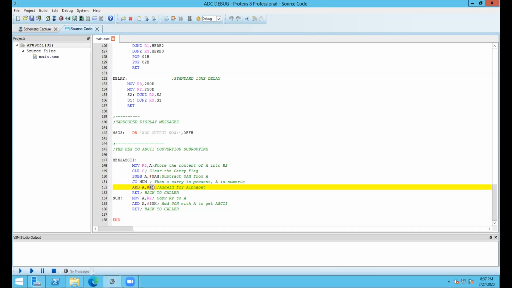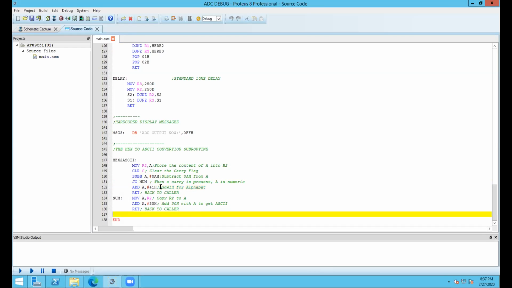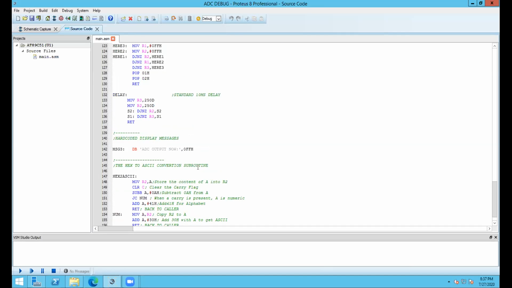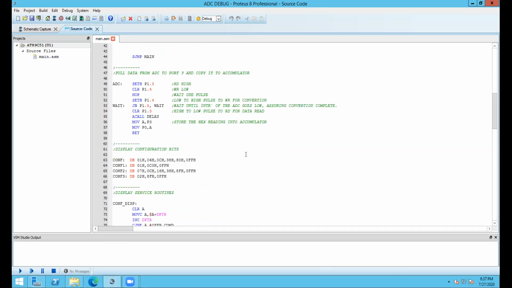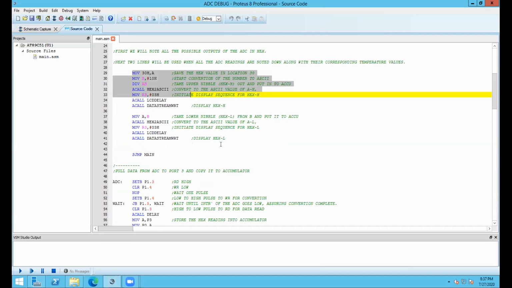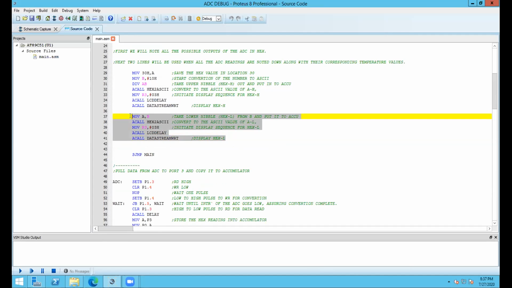Hex to ASCII conversion, you will see it in all the books. If you have the 8085, 8051 books, there are a lot of examples of hex to ASCII conversions. The same thing I have done here, converted the value to its corresponding ASCII bytes. So one by one, the upper nibble and the lower nibble is converted. These two parts are actually for the upper nibble and the lower nibble. This part is for the upper nibble and this part is for the lower nibble. You know nibble, right?